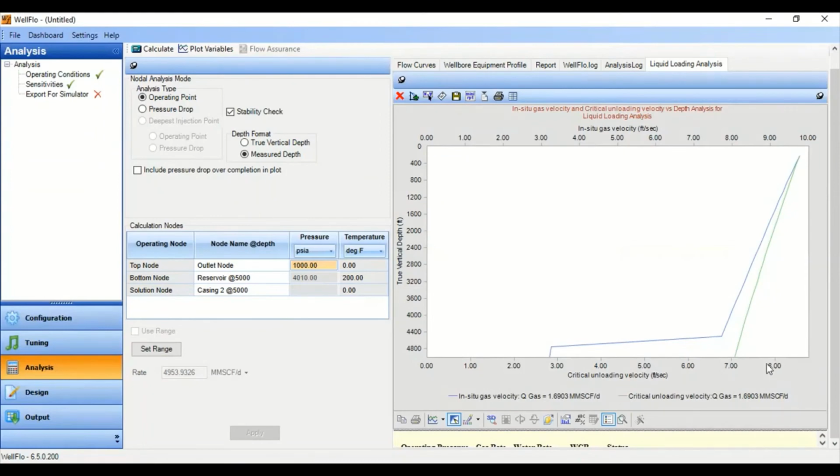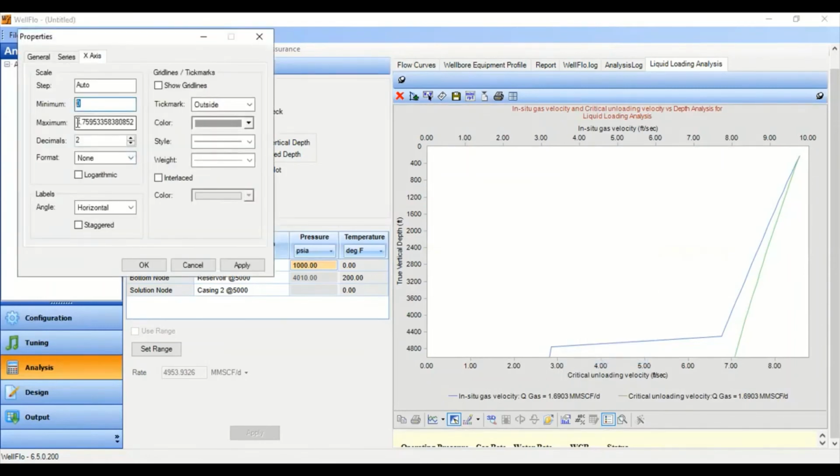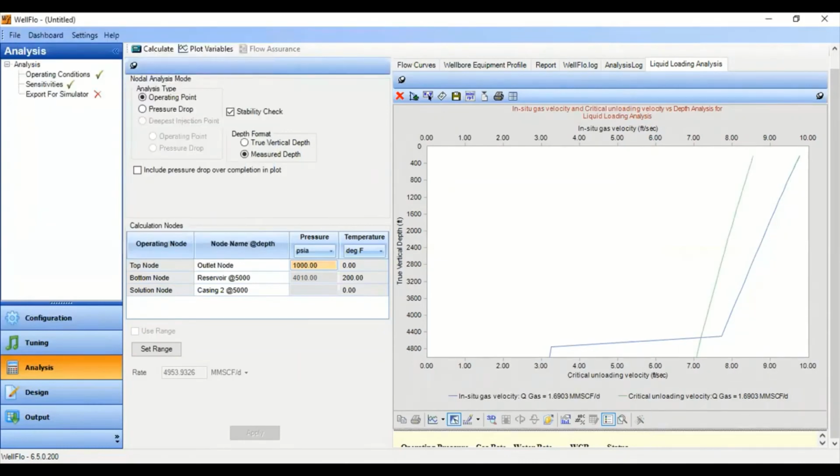So we must adjust this critical unloading velocity scale so that it is the same as the in situ gas velocity scale. So we right click, properties, and then minimum 0 and maximum value 10. Apply. All right, beautiful. So the scales are the same.